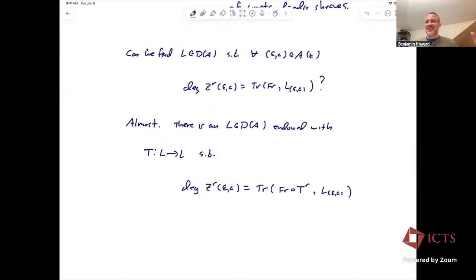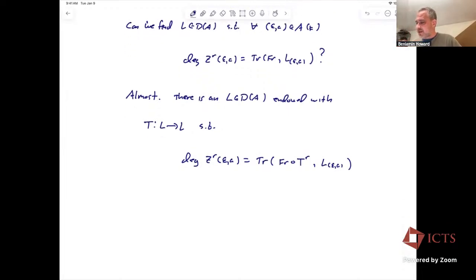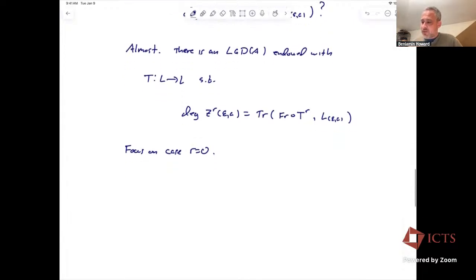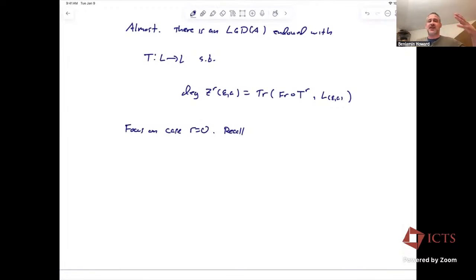So this is the first key idea. And I'm going to tell you how to construct this sheaf and this operator. And the way to understand how this works is to first just focus on the case where r equals 0. Now, when r is 0, what does our zero cycle look like? So it's something very explicit. Our Shtukas have no legs, and so we're really just talking about Hermitian vector bundles on X prime. So in the case of 0 legs,